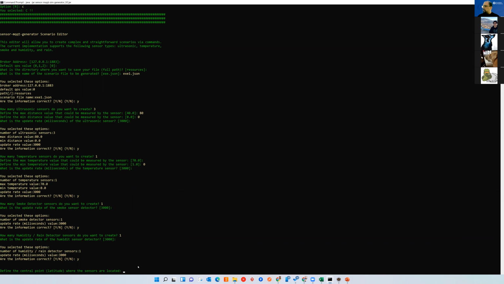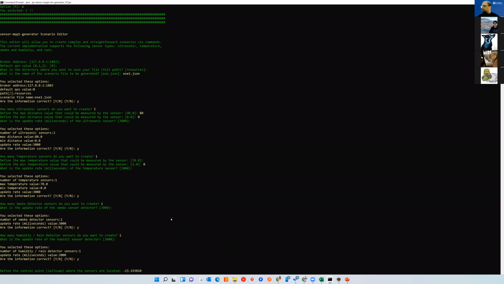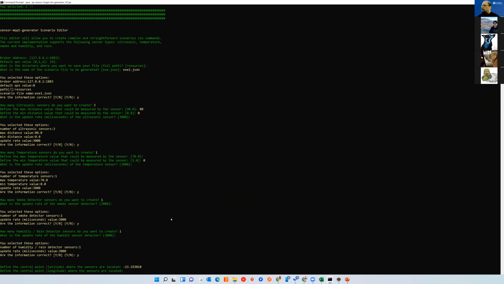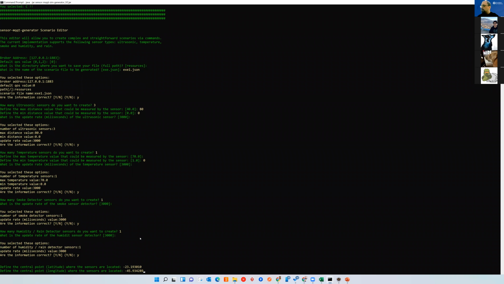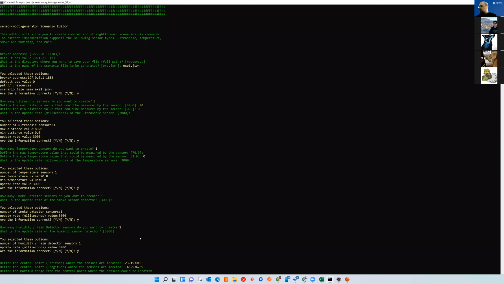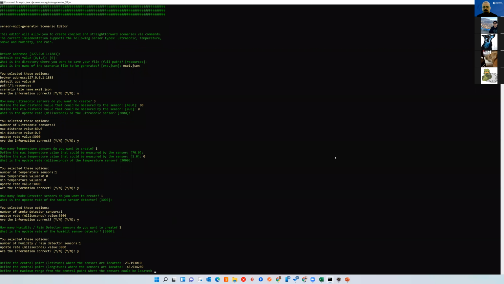The latitude is 2319. What's the longitude? I copy here the longitude. And what is the maximum range? The area that I show is around 5 kilometers, so I put here